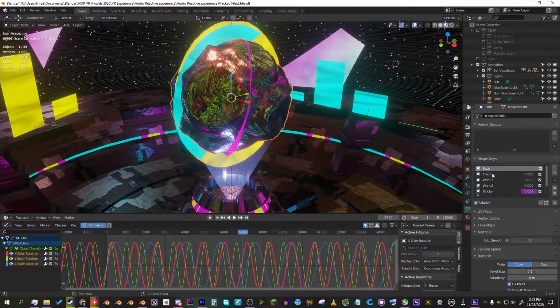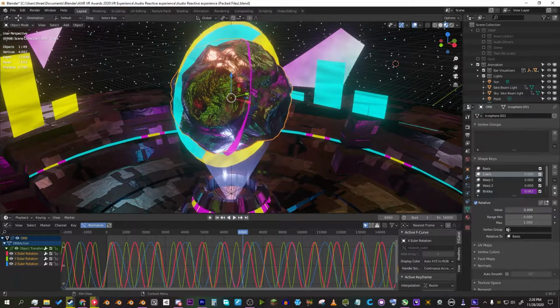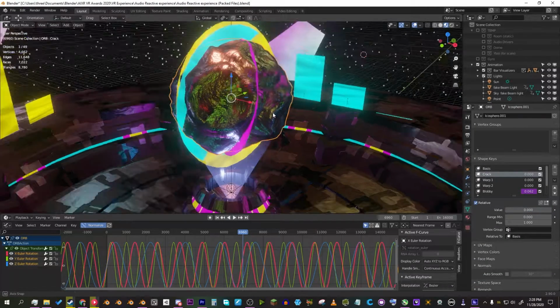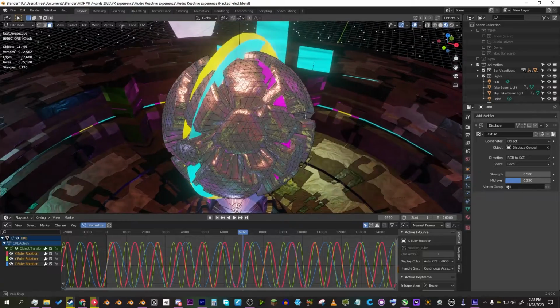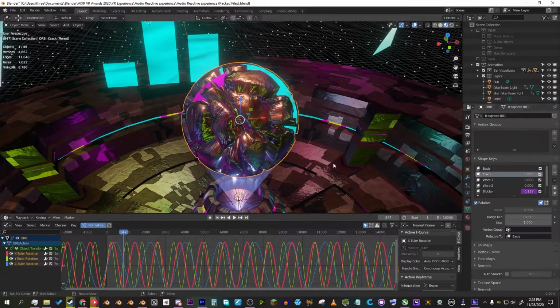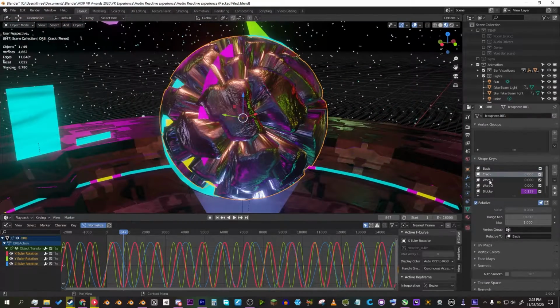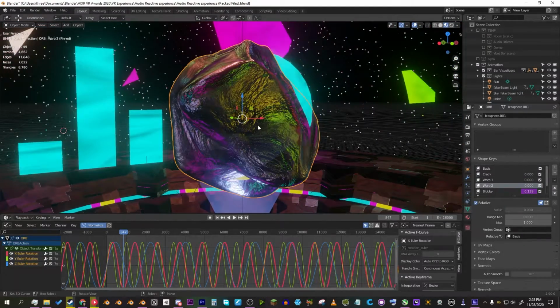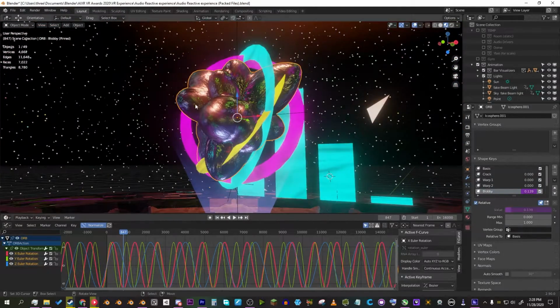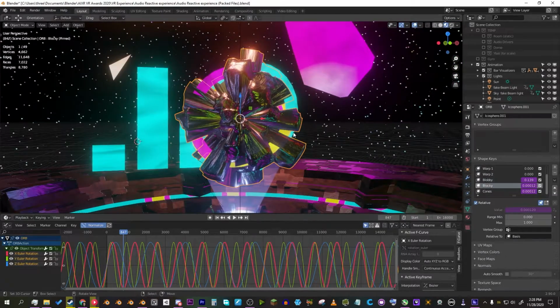So what I have are these different parameters that you can affect and animate, and the way that was done is using the displace modifier. And I did several different versions of displacement. Yeah, so we have basis, and we have like a crackle texture, which I don't think I used, like a warped texture, which I also don't think I used, another version of the warp, sort of a blobby version,